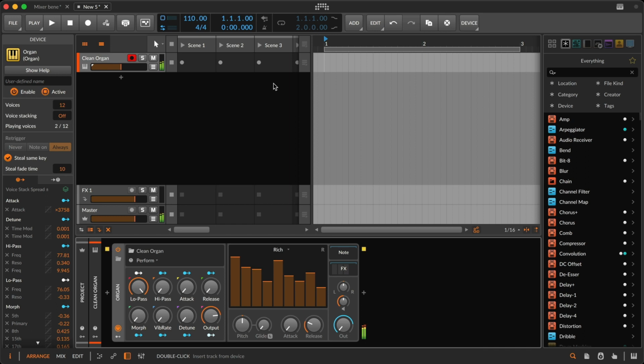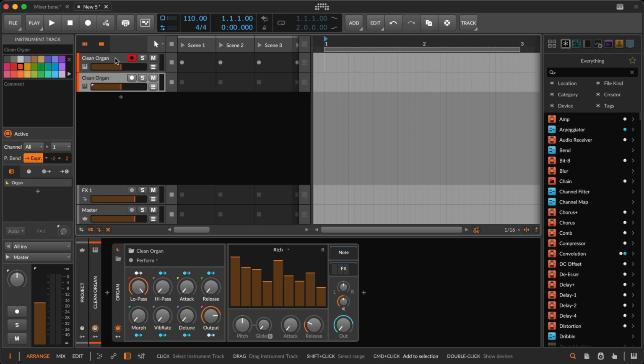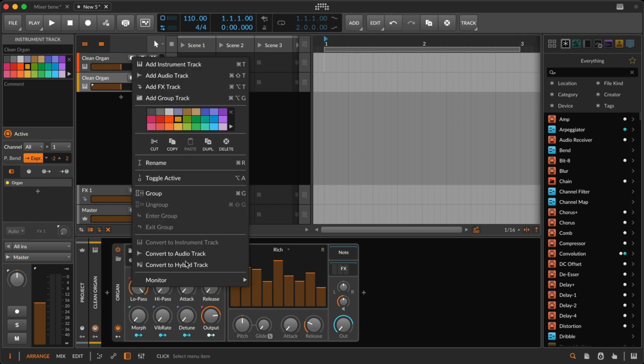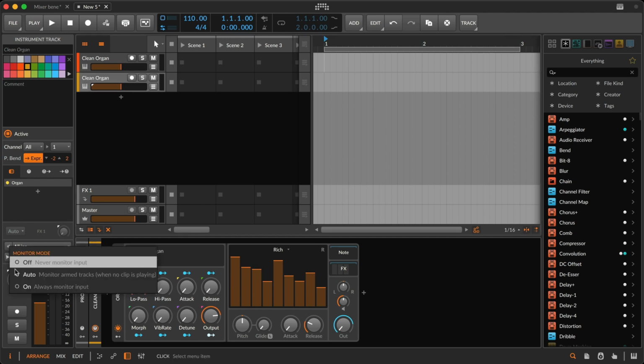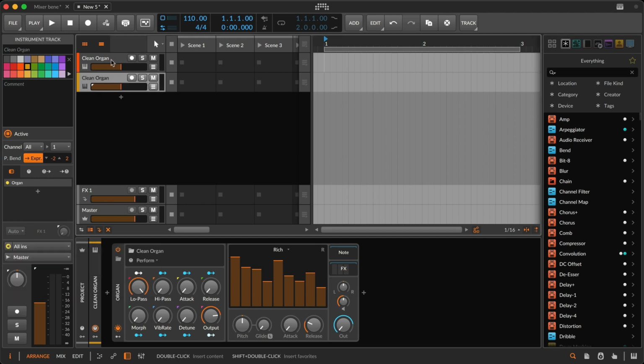Now, what might be interesting, I want to go ahead and duplicate this track. Because what I'm going to do on all of these tracks, I do also have a monitor option. If I look at the input, and I'm going to say it's always on, because I am turning my mixer into a synthesizer.